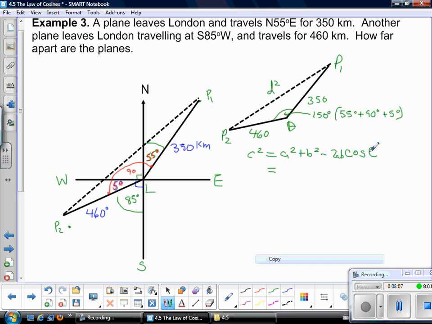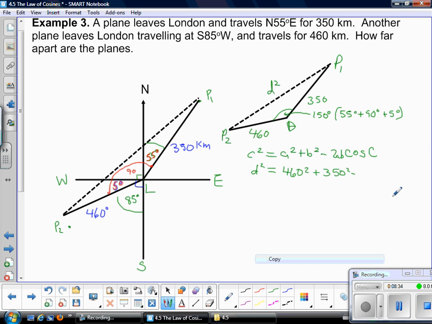We just need to make sure that we shouldn't have any problems because we're not going to obviously be substituting in a value for this one, and we only have one angle, so we shouldn't get confused. So if we have 460 squared plus 350 squared